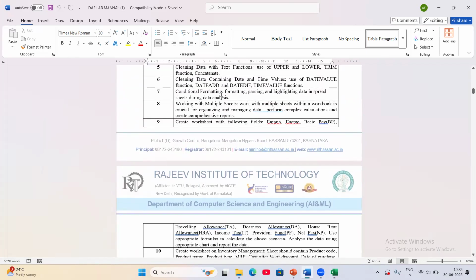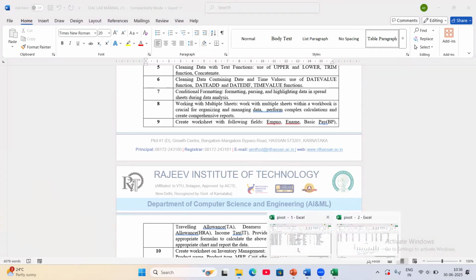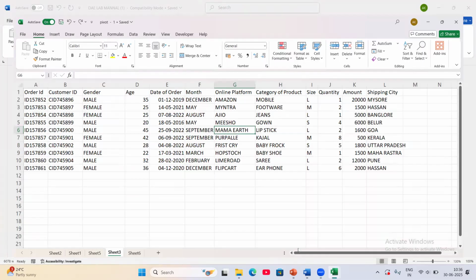Conditional formatting, parsing and highlighting the data in a spreadsheet during data analysis. So open the Excel. Excel has a large number of